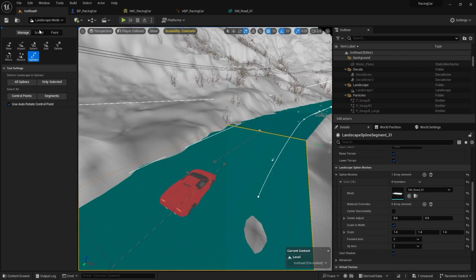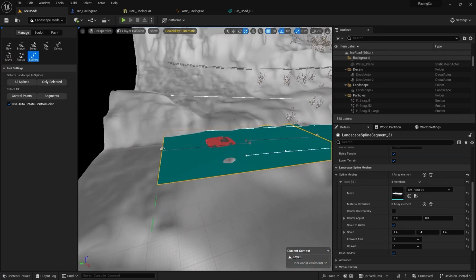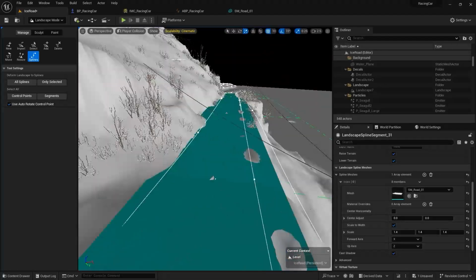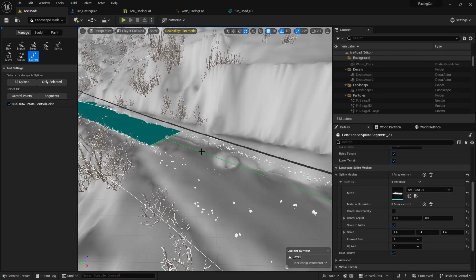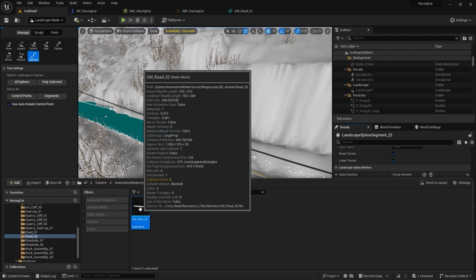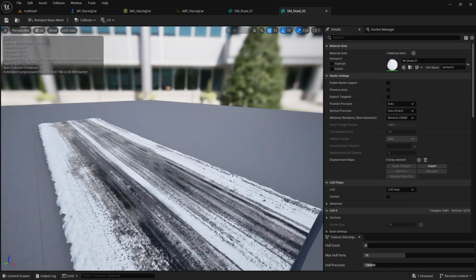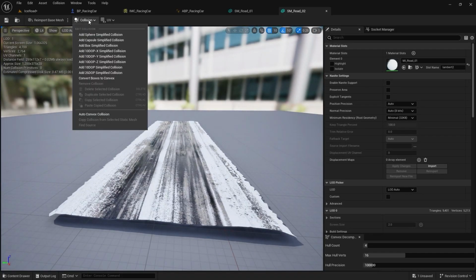If I save this one and I come back, now you can see we have player collision, and that is working pretty good all over. But there is this small problem, that is for the second one. So I'll come here and add a collision to this one as well to fix that problem. I'll come here and tell him add box simplified collision,